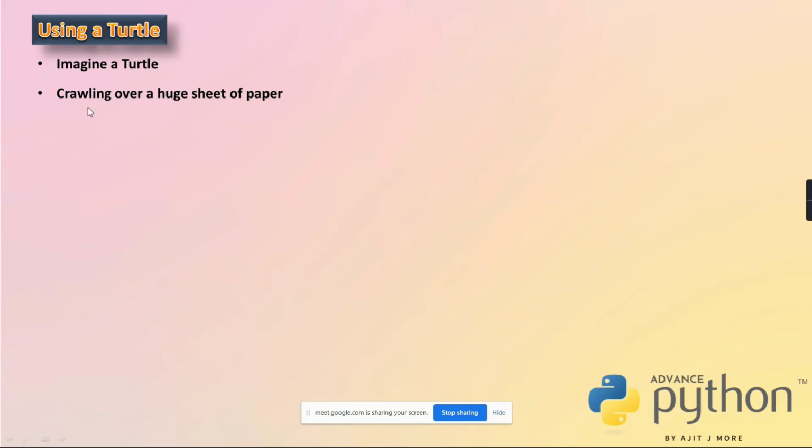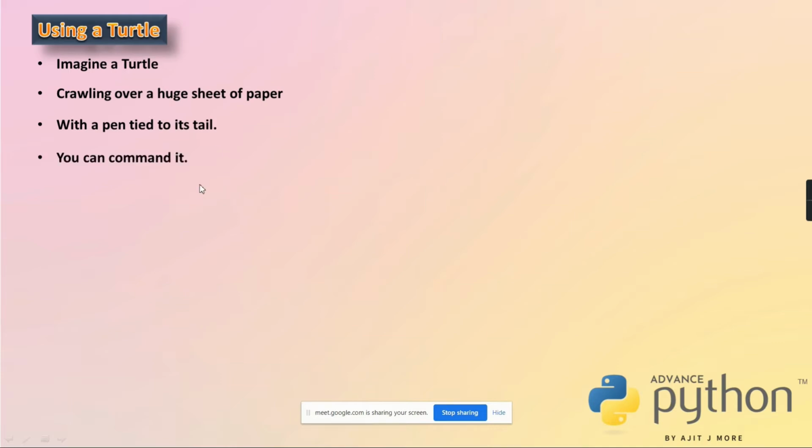Crawling is a word many times used with kids who are not able to walk. So it is crawling over a huge sheet of paper, and to that turtle's tail one pen is attached, a pen filled with ink, tied to its tail.